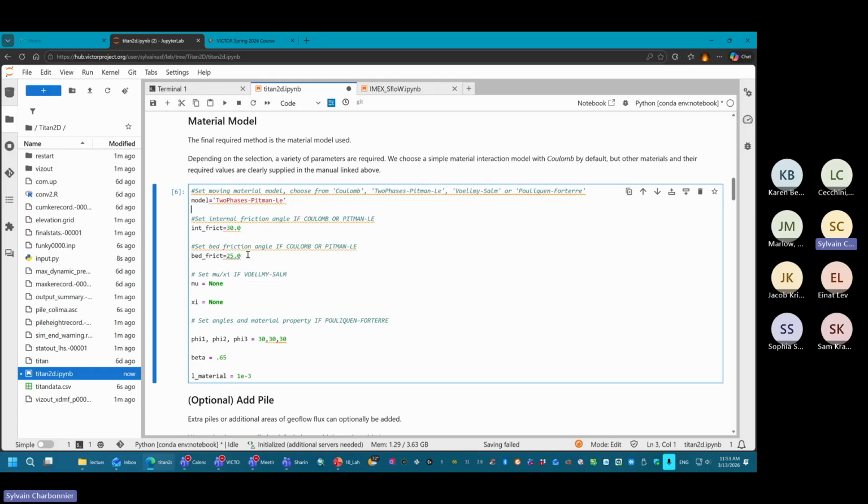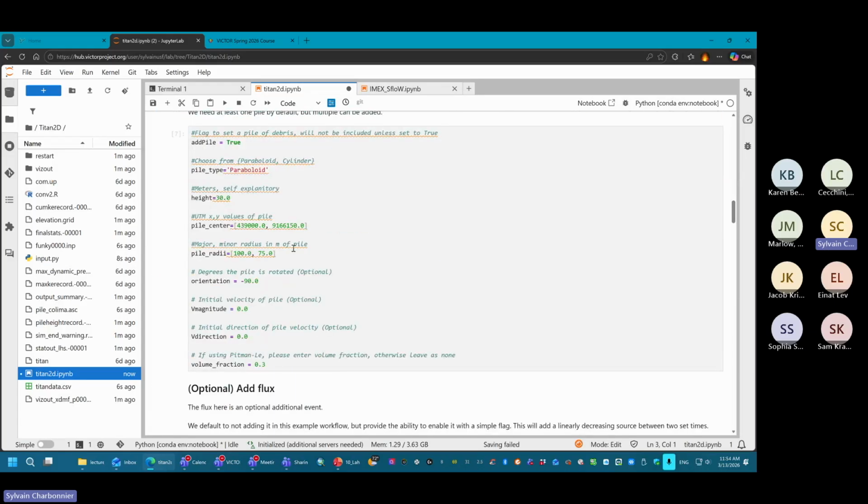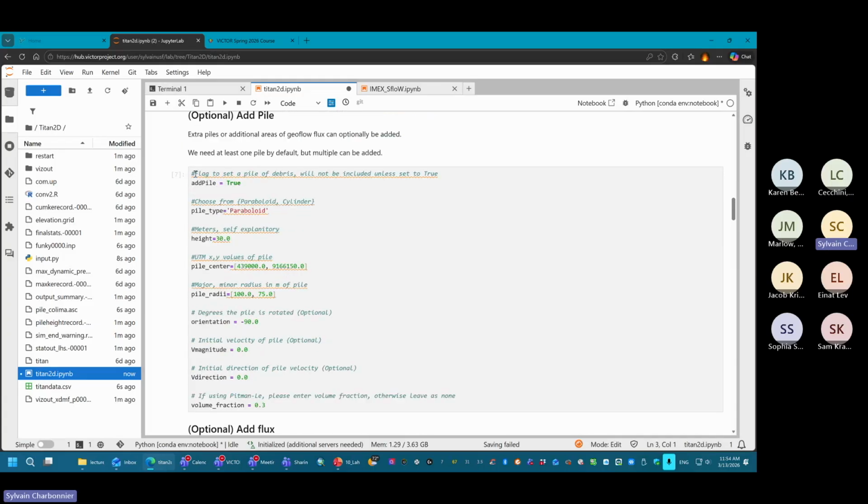So if you don't want simulations that go very far away, I suggest you still keep a basal friction pretty high. That's for the solid material, right? So you want to keep that basal friction angle at pretty high values to prevent the solid material from reaching very, very long distances. So you can leave everything the same, and then you're going to go into the cell number